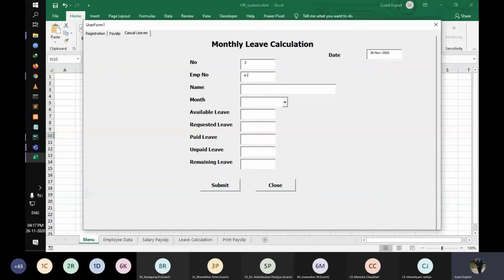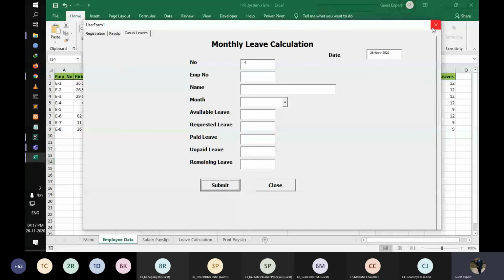If I enter my own ID, it will give my name and the available leaves I have. If I have to request leave in the month of January, I can enter 5 leaves, and we have provided a cap that no one can take more than 3 leaves in a month. So I press submit.